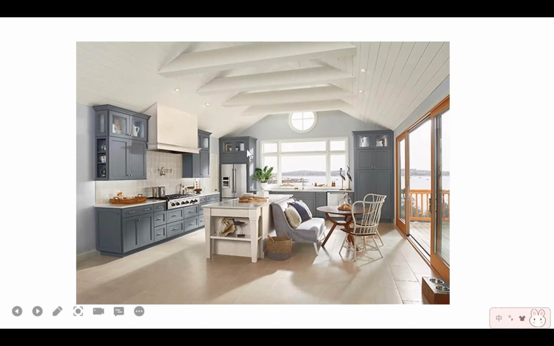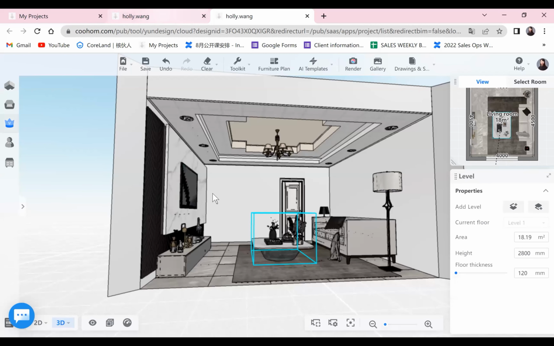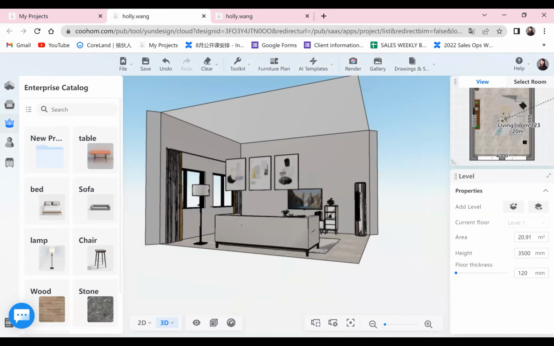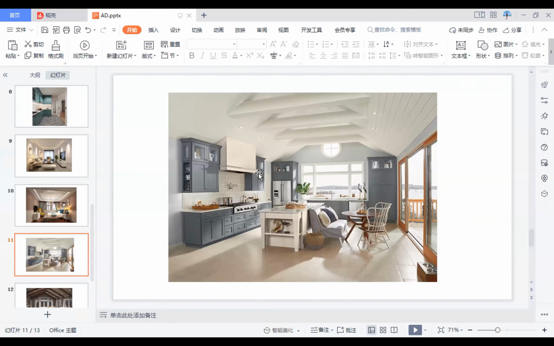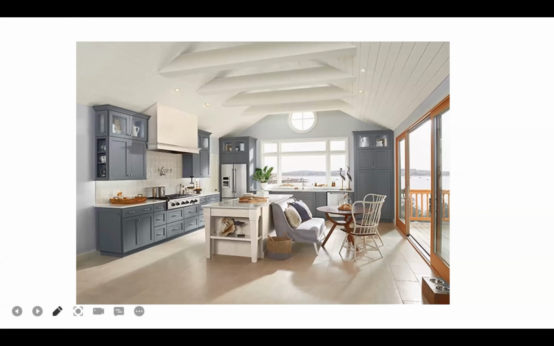Okay, all right, so for this one, I think I will use another project, because you can see the ceiling is like this, right? Let me draw. So you can see the ceiling is actually like this. So the height will be a little bit more to the top, right? So the height will be a little bit more.